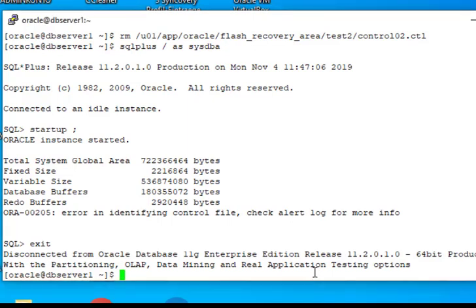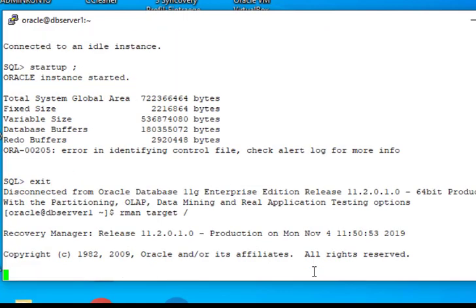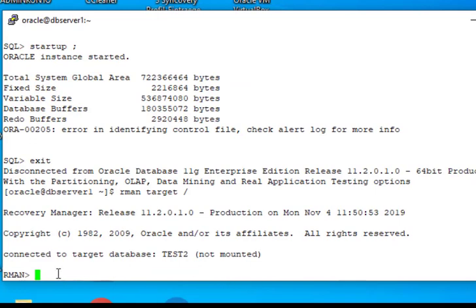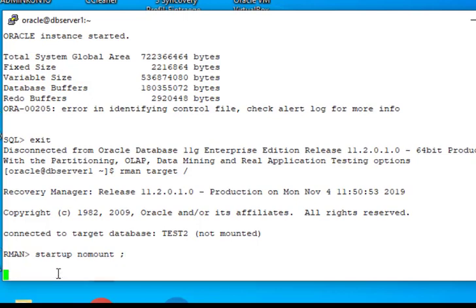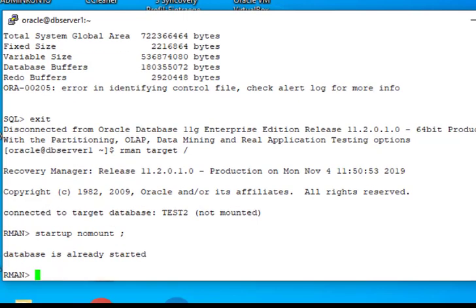So first we have to connect with rman target. So first start our database, startup in nomount mode. So it is already in nomount mode. Then